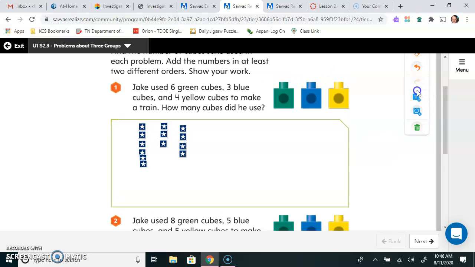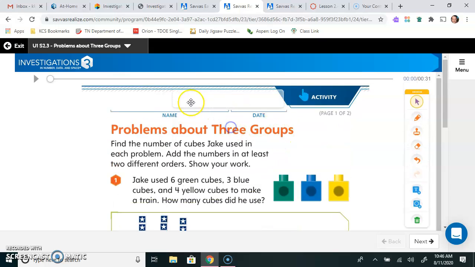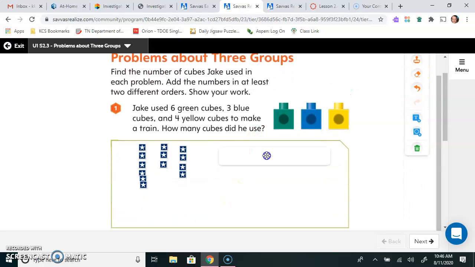So they want us to add this in 2 different ways. So let's do that. Let's add it in 2 different ways. I'm going to use my color code again so you all can see the 2 different ways. So let's go with what's here first. These were 6 green. 1, 2, 3, 4, 5, 6. So the first number that I might add is 6. 6 plus, how many, what do we have here? Yeah, 3 blue. 6 plus 3